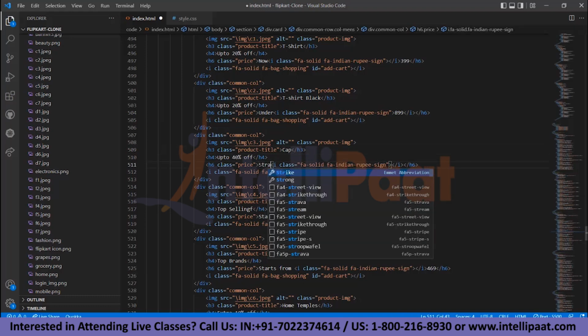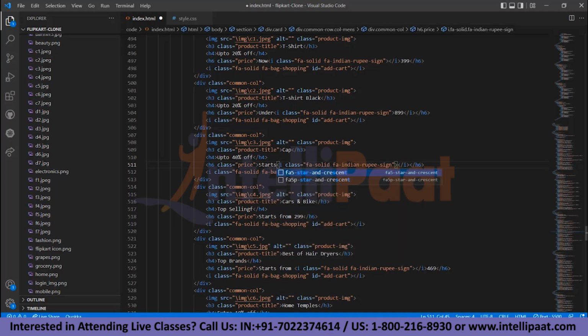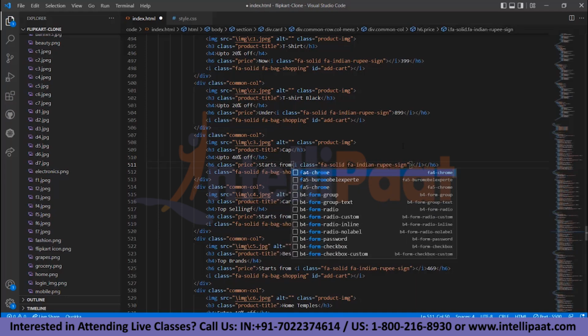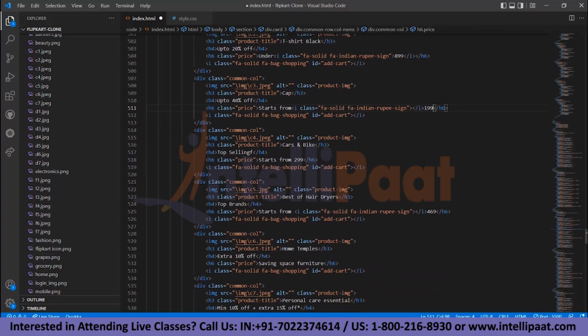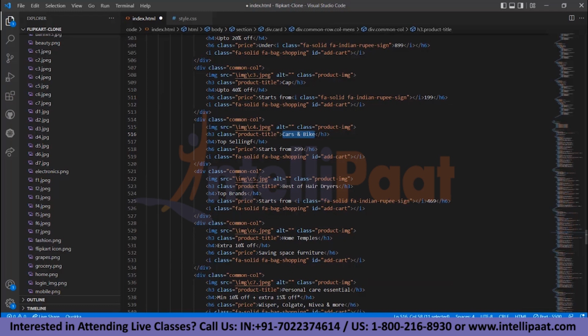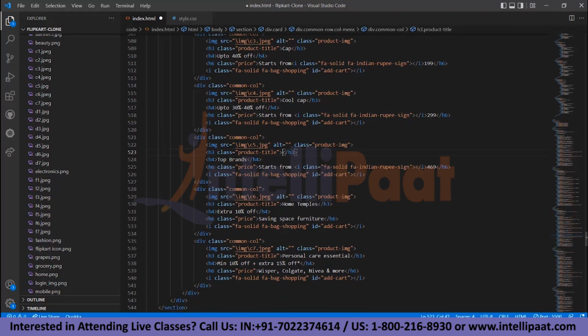If you want to give different discounts, it will look pretty. But if you want to give the same discounts, you can just copy paste. So I can give different discounts here, up to like 30% to 40% discounts. Perfect. And again I change the product title to jeans, and also update the price of the particular jeans